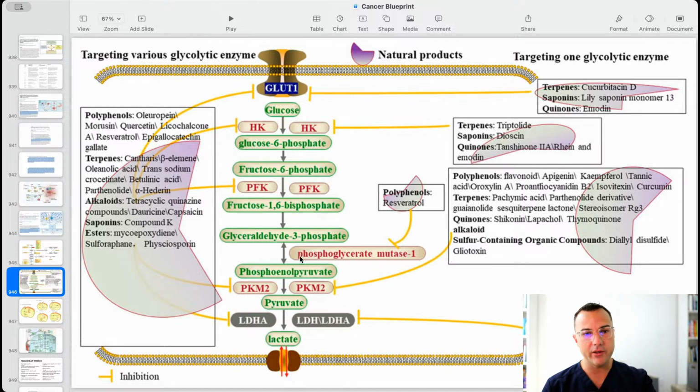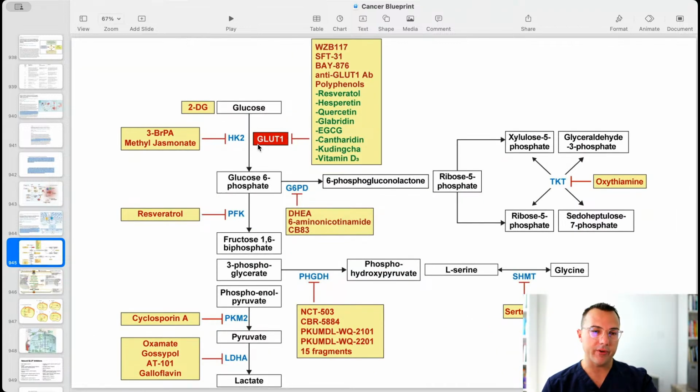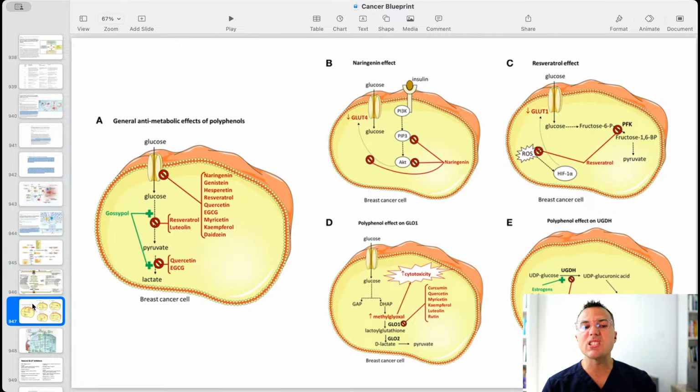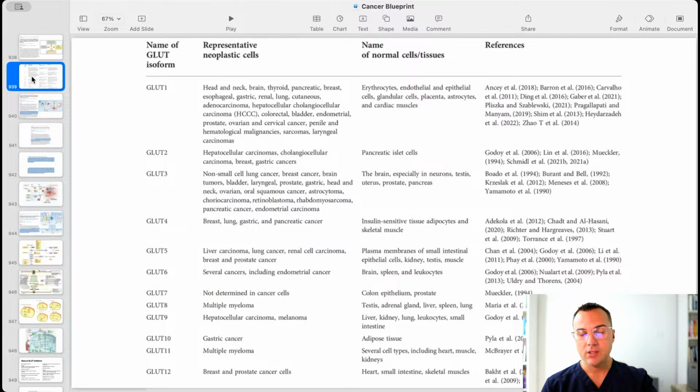And then we'll go PFK, and then PKM2, and then lactate dehydrogenase, and so on and so forth. But my point is that these graphics, although really cool, don't really give us the full story. Other than this graphic, it says GLUT1 and it has a list of things, right? So I'm going to be going over these in a very specific way, by looking at where I could find literature on how these particular inhibitors act on very specific glucose transporters, which may or may not be relevant to your particular cancer as we understand more about what glucose transporters happen to be highly expressed